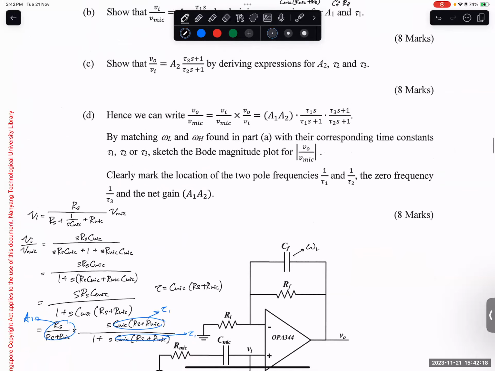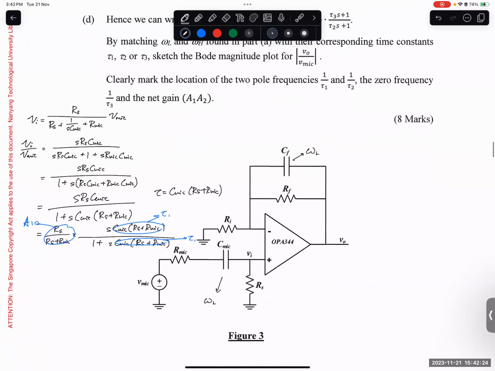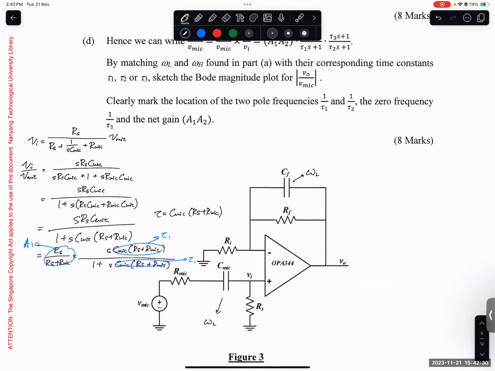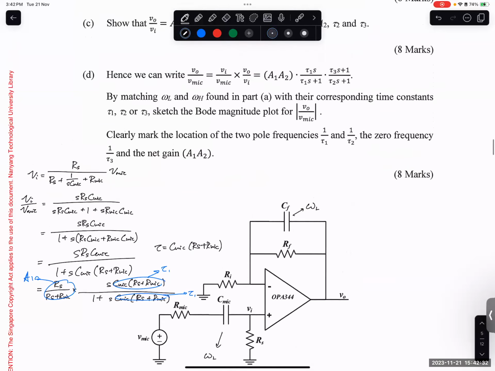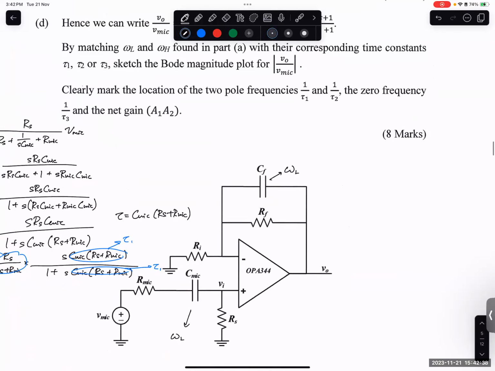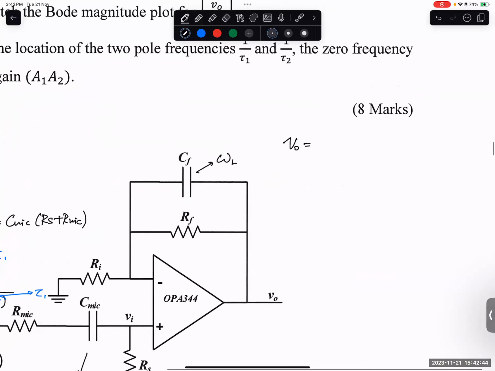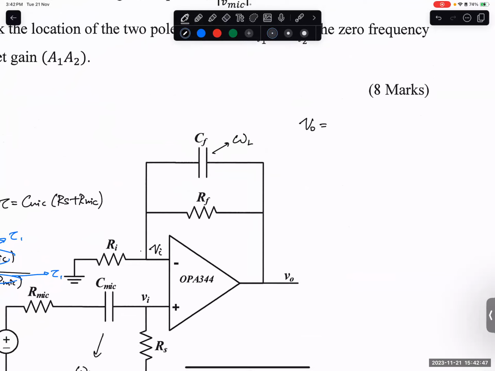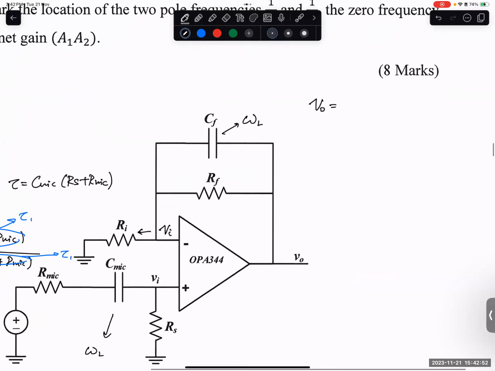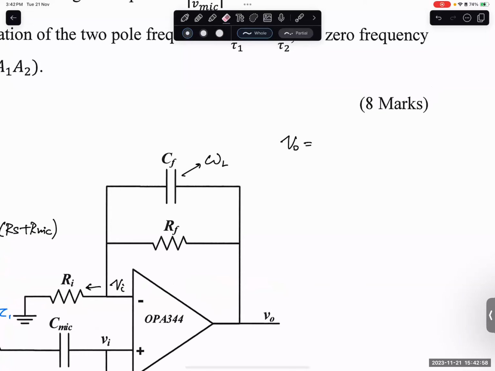Okay, so V out over VI, right? Okay, actually they make your life very easy. VI. Okay, so how we calculate? V out equals to what VI, you know? So if you have VI here, the current going down here, correct? Okay. Right? Yeah, okay. So it's actually just what? VI 1 plus RF parallel RI